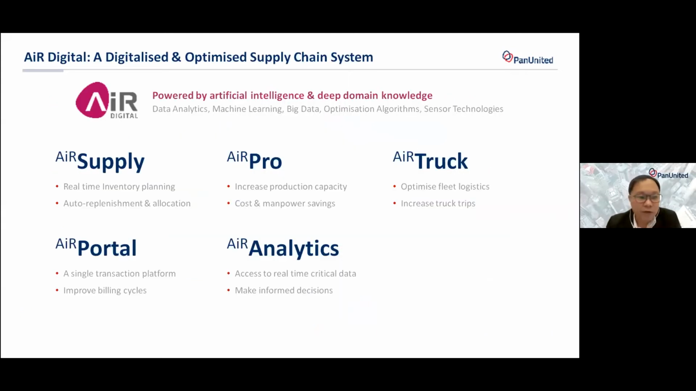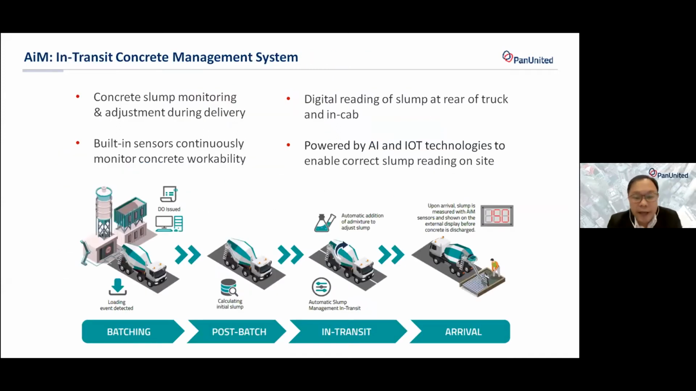Here are some of the modules from our AIR Digital, and these modules are offered to the market for ready-mix companies globally. Our latest addition to our technology that we are currently exploring is AIM, Artificial Intelligence for Mixing. As you can see from the chart below, it is an integrated artificial intelligence and IoT sensor technology that enables concrete workability to be monitored after leaving the batching plant, right to the customers. So in short,